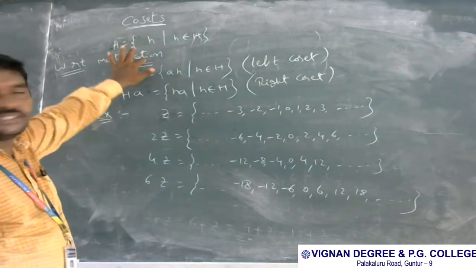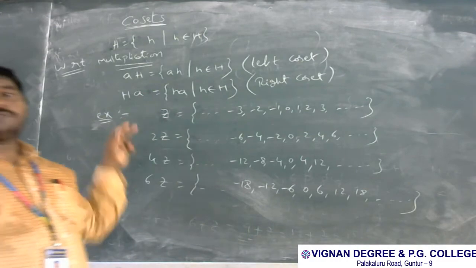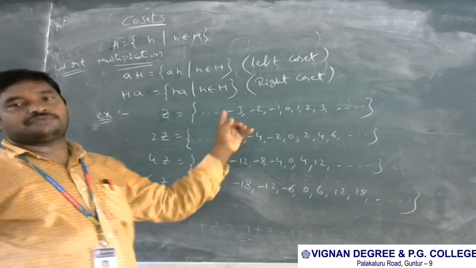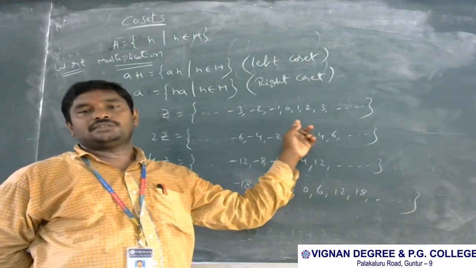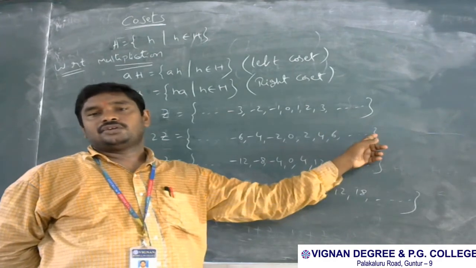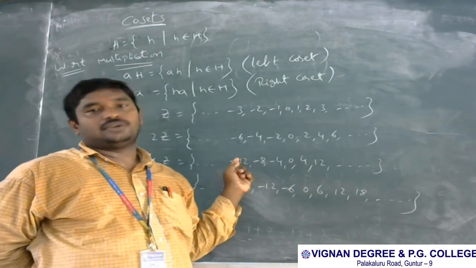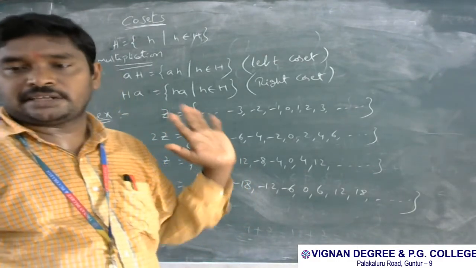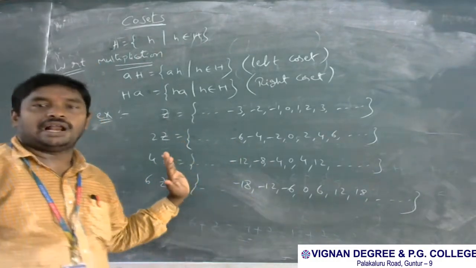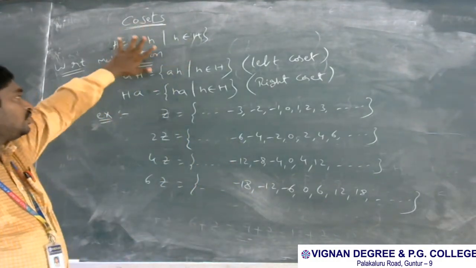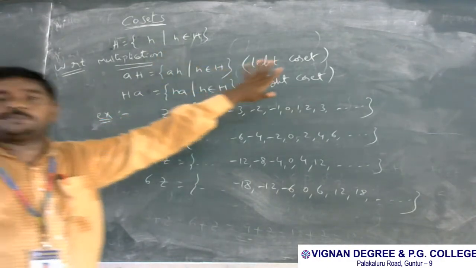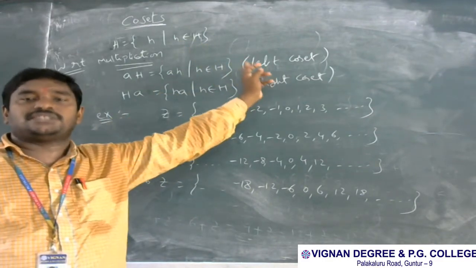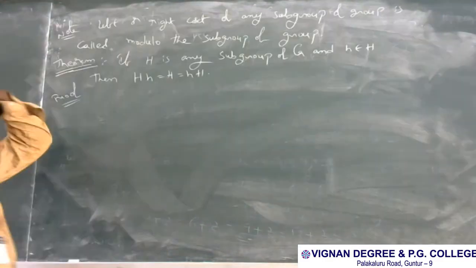So multiplication means we have to multiply. For example, if I am interested in multiplying with 15, what do you observe? 15 times 3 is 45, times 2 is 30, 15, and so on: 0, 15, 30, 45, and so on. So is it equal to 30 Z? No, because this is multiplication. With respect to multiplication these are not equal. Okay, friends? Observe the difference between with respect to addition and with respect to multiplication. So this is called cosets introduction. Okay, students.